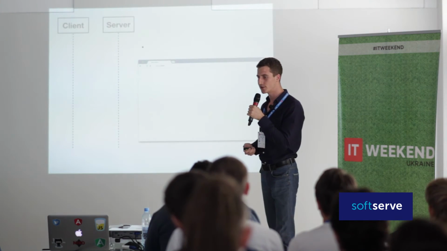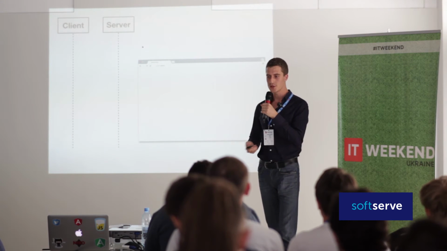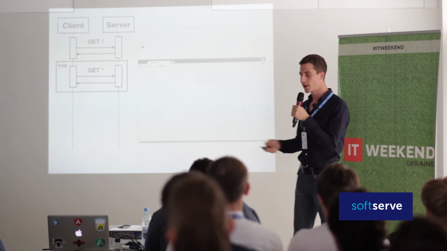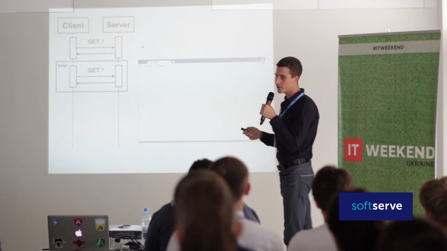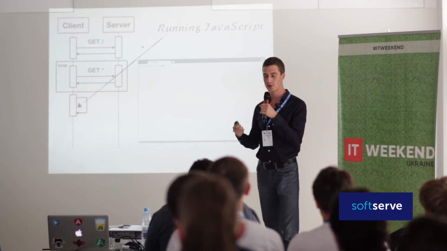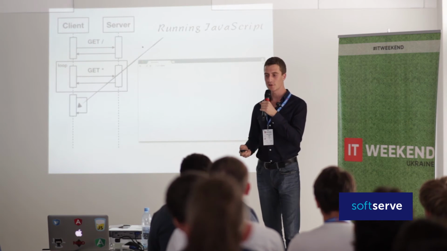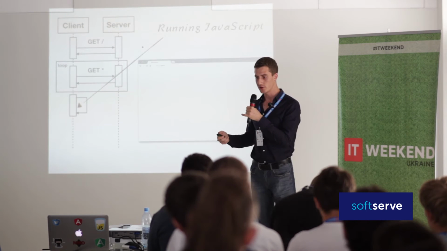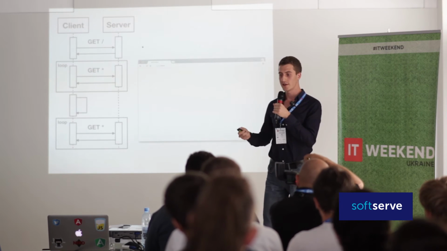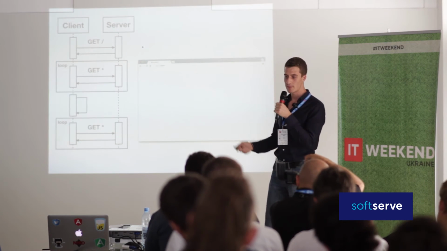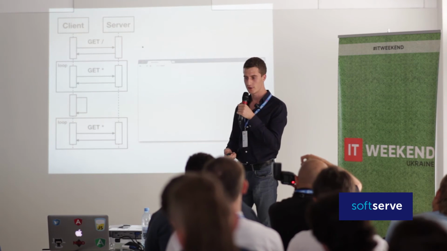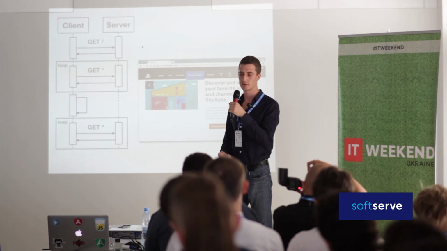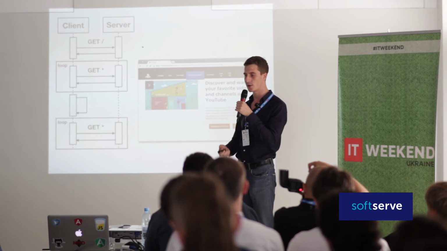This means that basically we have the same page, and since we are modern now, we have Chrome instead of Internet Explorer 6. We're making all these requests. We get our page, and after that, we need to run JavaScript. After we run the JavaScript on our page, and we discover which is the open view by the user, we need to make another set of requests in order to get all the templates and all the data required by the current view. And right after that, we have our awesome 21st century web page.